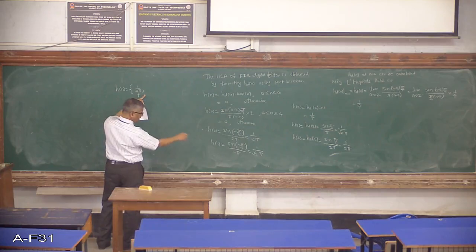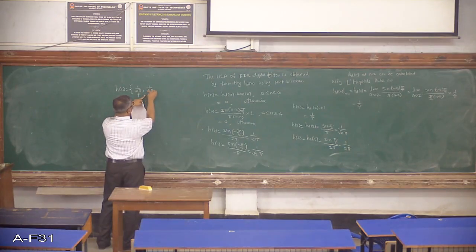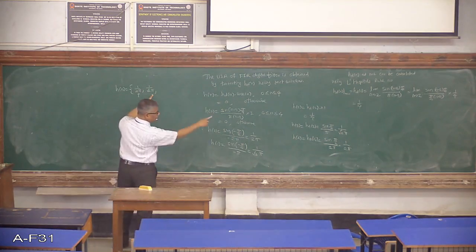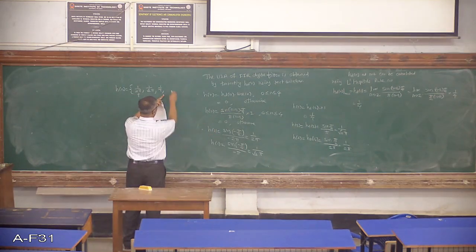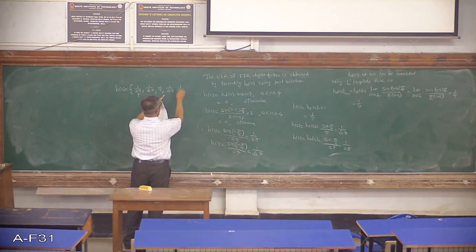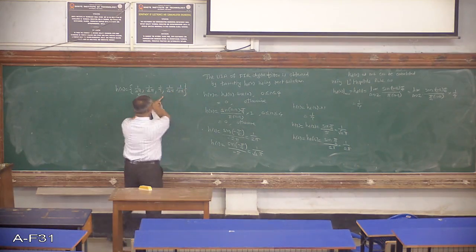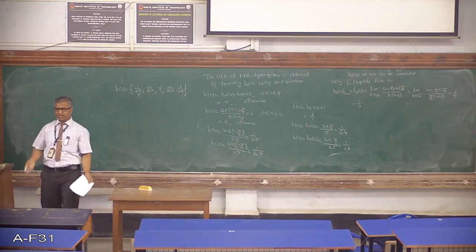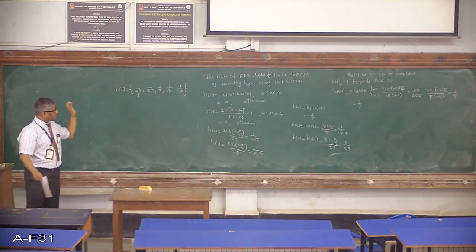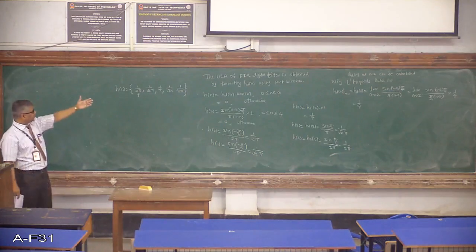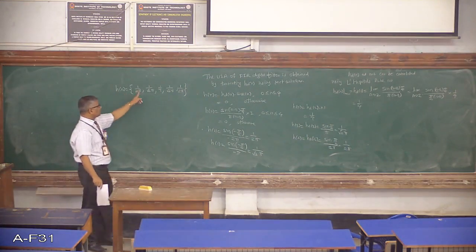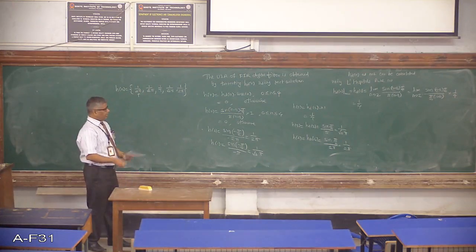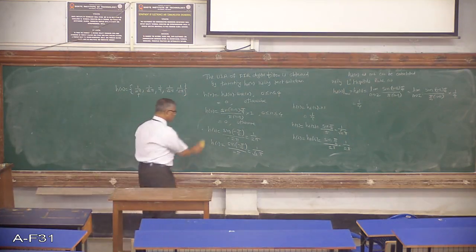Then h of 1 is 1 upon root 2 pi. Then h of 2 is 1 upon 4. Then you get 1 upon root 2 pi, and the last value is 1 upon 2 pi. So you can always express it like a sequence. That is not necessary, but it is better that you express the impulse response coefficients like this. So these are the coefficients of the FIR digital filter. Now we will proceed with the computation of the transfer function.